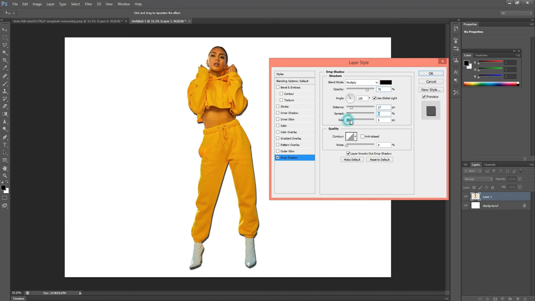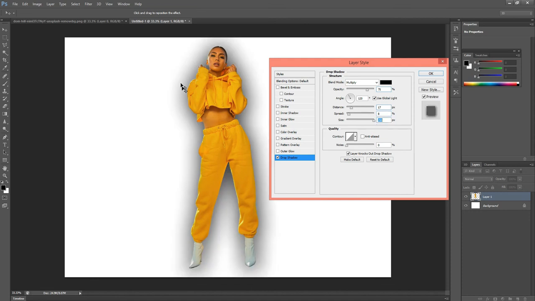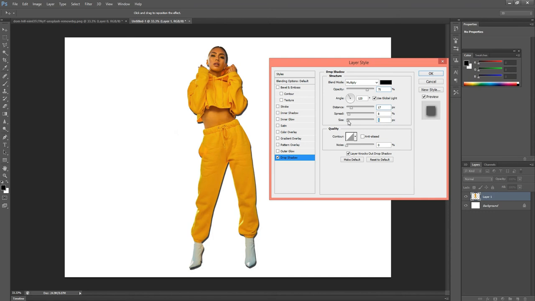Then the Size will increase outside of the image, so we can increase it a little bit. Then here we can move the angle, the direction where we place our shadow. When we change the direction, the shadow changes according to it.